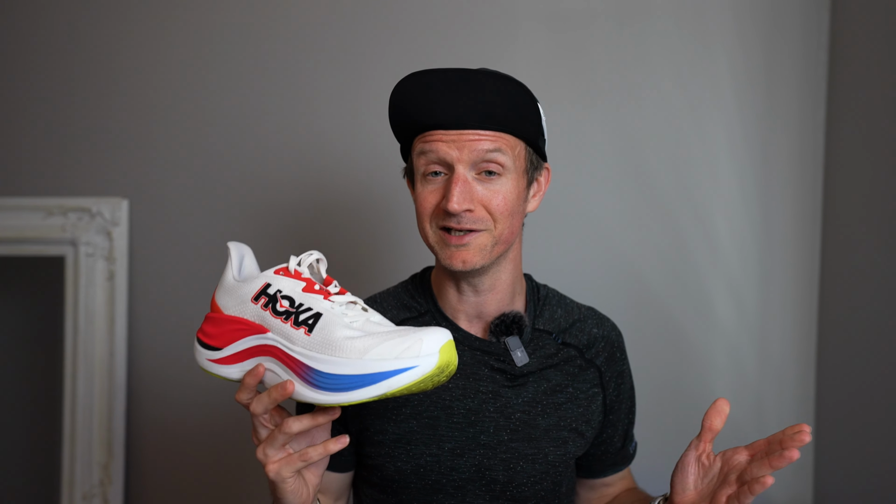There's also a layer of supercritical EVA foam which is rockered, and that will help give you a nice smooth transition from heel to toe as you move through your stride whilst you're running. That really helps with efficiency over long runs, and you'll really notice how efficient, comfortable and easy running feels in